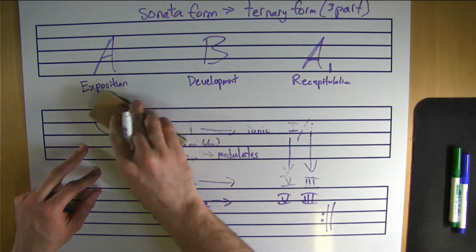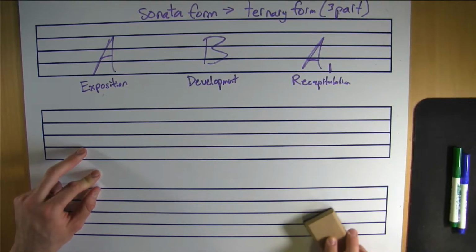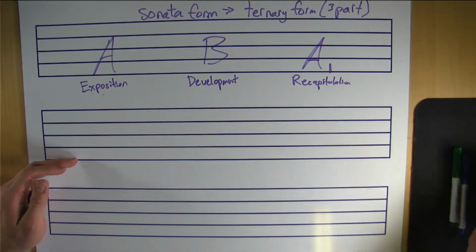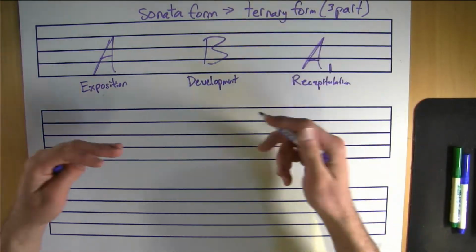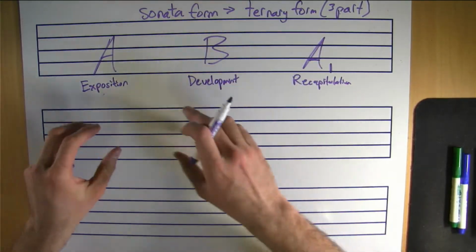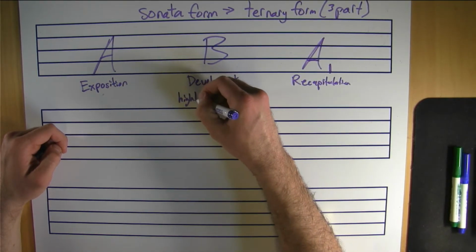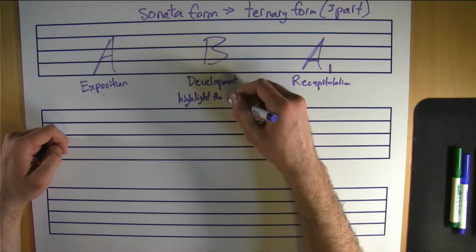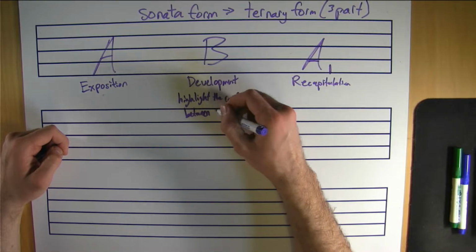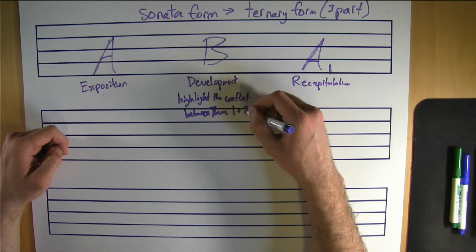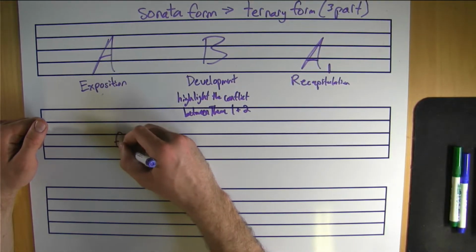Now, what about the development? Well, the development is where the composers often went nuts and just did what they wanted to do, and it's all in the name. They develop the music from the exposition. They highlight the conflict between theme 1 and theme 2. So things that might happen in the development, you might have fragmentation